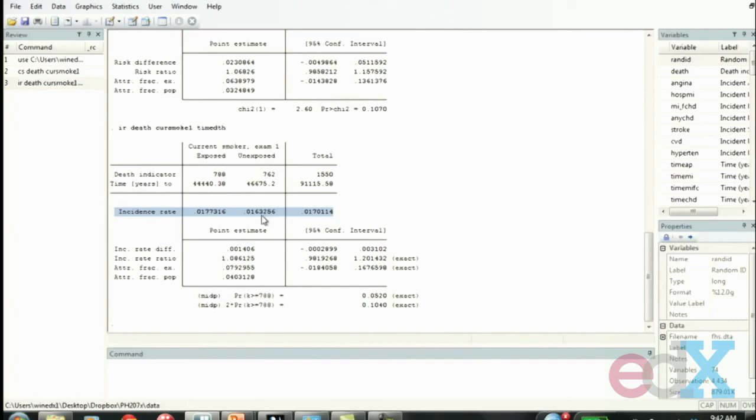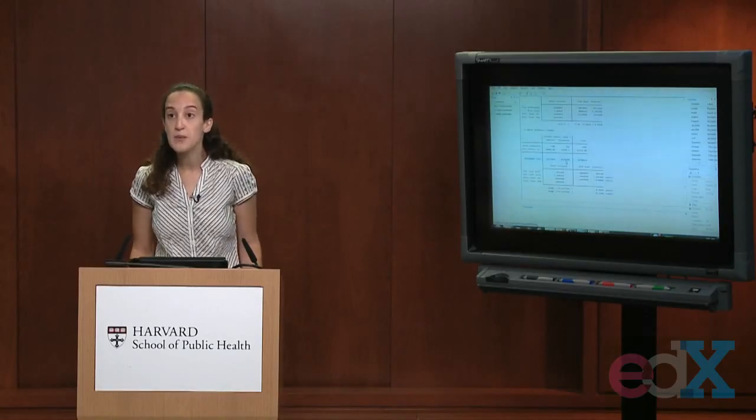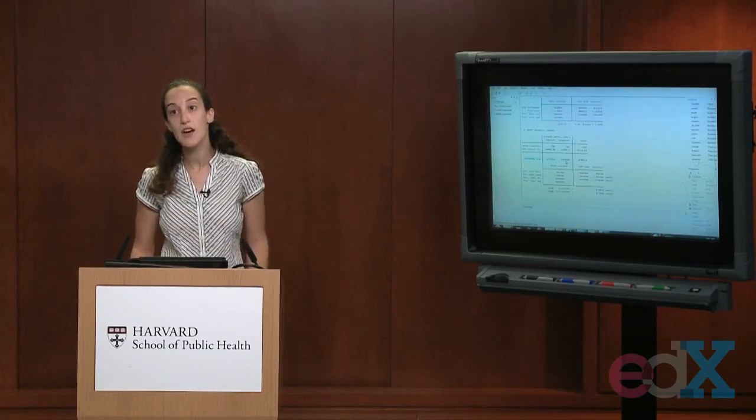1,000 person years. So that's basically an overview of how you would calculate the cumulative incidence of death and the